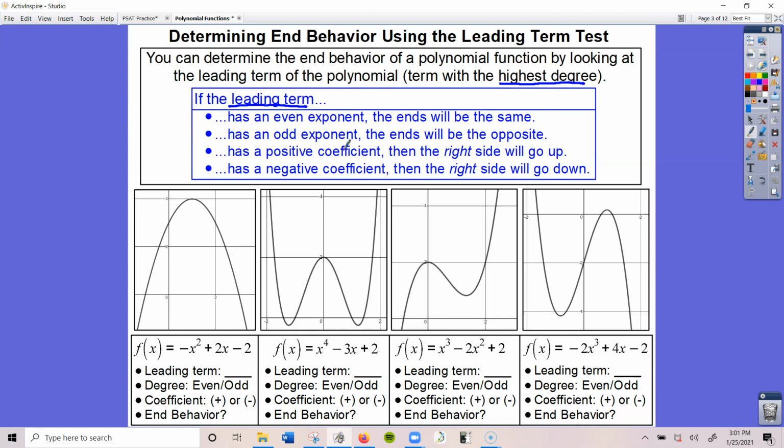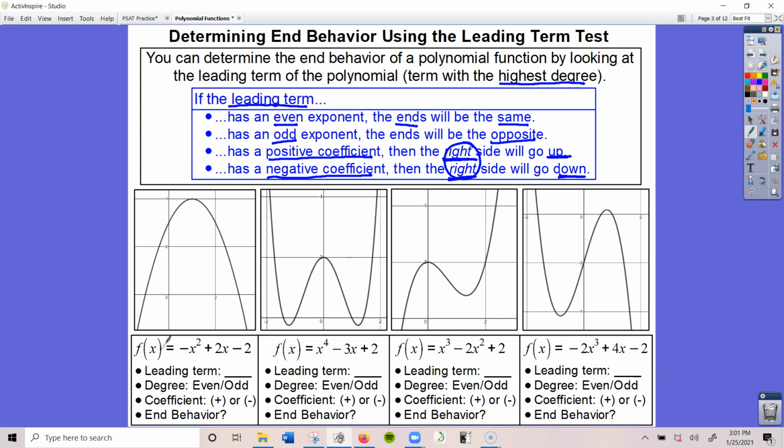If that leading term has an even exponent, that means that the ends will be the same. If it has an odd exponent, that means that the ends will be the opposite. Now if you have a positive coefficient, that means that the right side will go up. If it has a negative coefficient, then the right side goes down. So basically, your coefficient will always tell you the right side. And then the exponent will tell you if the left side will go in the same or in the opposite